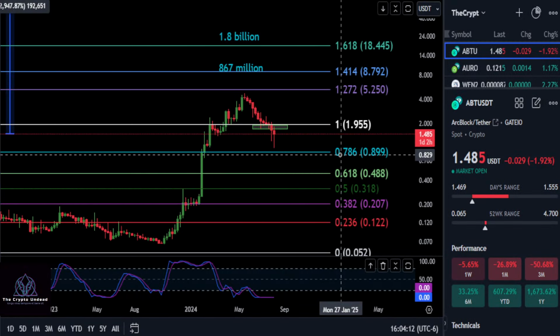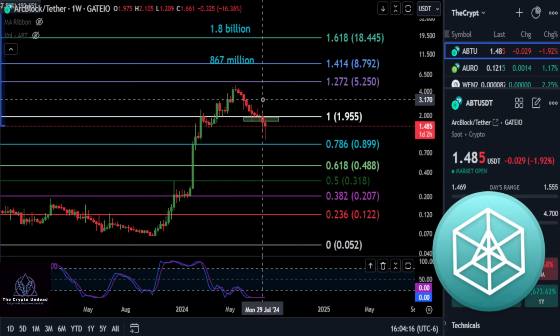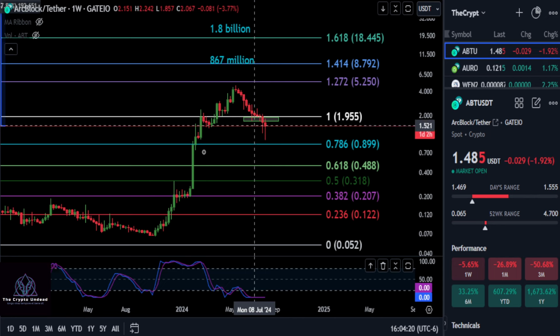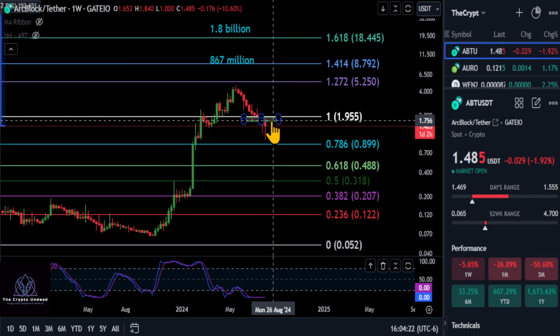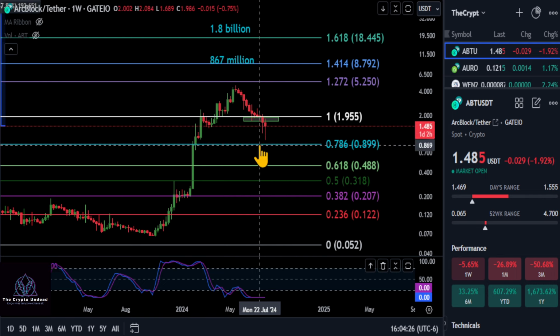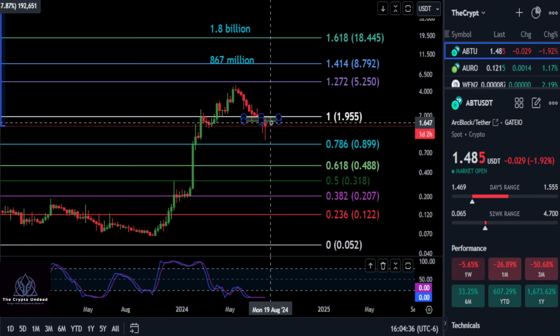All right, everyone. So Arc Block here is still coming down. We're down below our green support box, which the bottom of the box here at about 172 was the low to the high 236. So as long as we're below that, even though this candle looks kind of bullish with that large wick here, the previous candle was almost the same and we're still coming down. So that just tells us to watch the support and resistance levels here and not really focus on the candles,